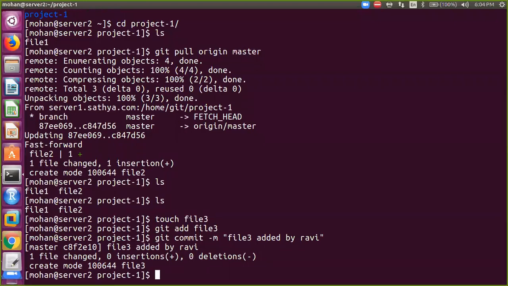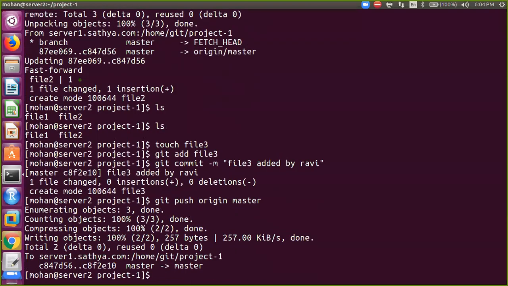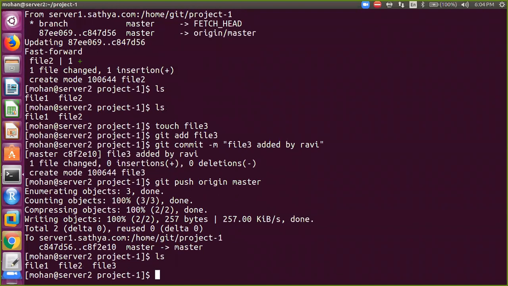File3 added by not Ravi, it's Mohan. I have put the wrong commit message. Nothing to worry, no problem. After this, let's say git push origin master. So user Mohan is pushing that file to the remote repository. He is having 3 files now. He pushed all his changes to the remote repository and he went off.